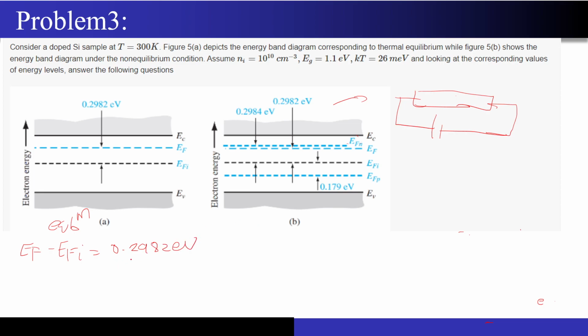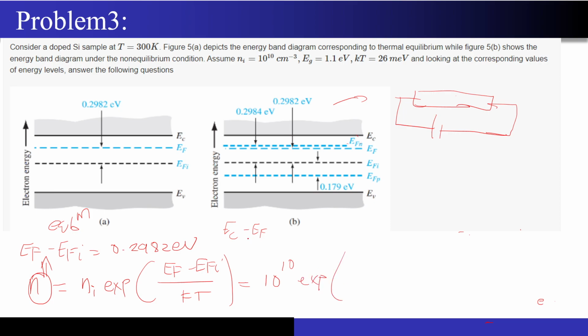Now I have to find a formula which relates n, the concentration of free electrons, with this EF minus EFi. Do I know such a formula? Of course. n is nothing but ni times exponential of (EF minus EFi) by kT. This is a formula we had studied. There were two formulas: this was the first one, and another one was with respect to EC minus EF. But we don't know EC minus EFi here. We just know EF minus EFi, so we have to use this formula. Now let's put everything in. ni has been given as 10 to the power 10.